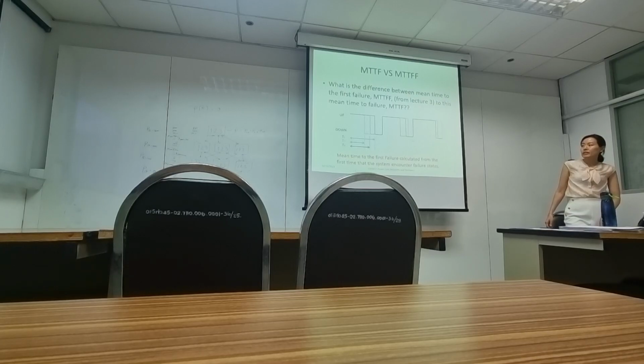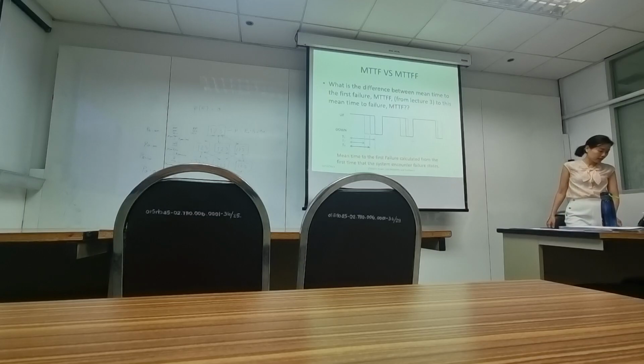Okay? Mean time to the first failure is the first time that the system encounters a failure state. So that's a key difference. And the way that you calculate it is different. Mean time to the first failure is calculated from the first passage time through the